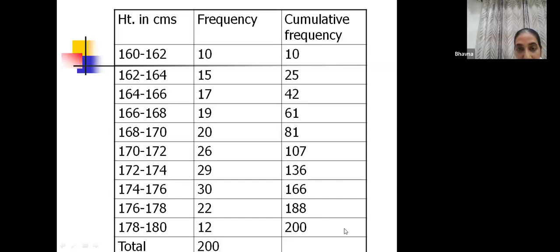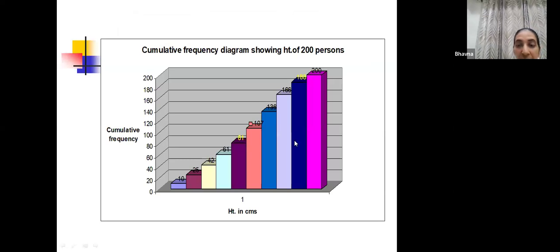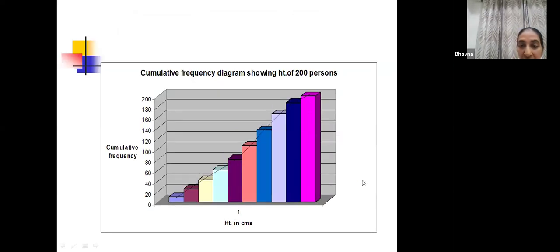Now, what do we do? We draw this histogram. This is not exactly a histogram. This is a cumulative frequency diagram. Why cumulative frequency? See, it is in ascending order. There is no such order in the case of a histogram. And this is the midpoint for the first bar. This is the midpoint for the second bar, the third bar, and the fourth bar. You cannot join it with a scale or a straight line. So what you do is you join it with the help of a freehand. This is how you join it with the help of a freehand. Now, this curve that you get is called an ogive or a cumulative frequency curve.